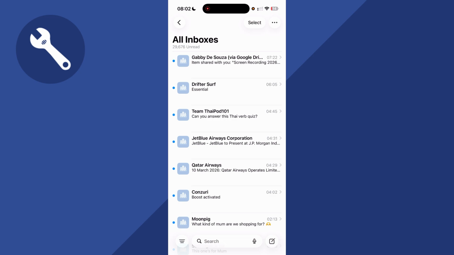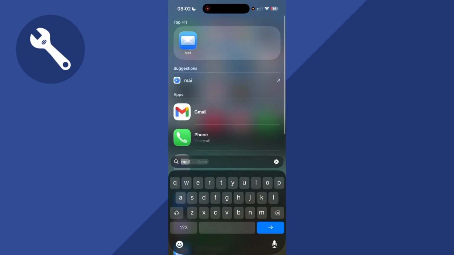How to fix the mail not working on your iPhone. So if you're not receiving emails or you're unable to send emails, I'm going to show you exactly how to go and solve this. Now, first thing you need to do is just go and load up the Mail app